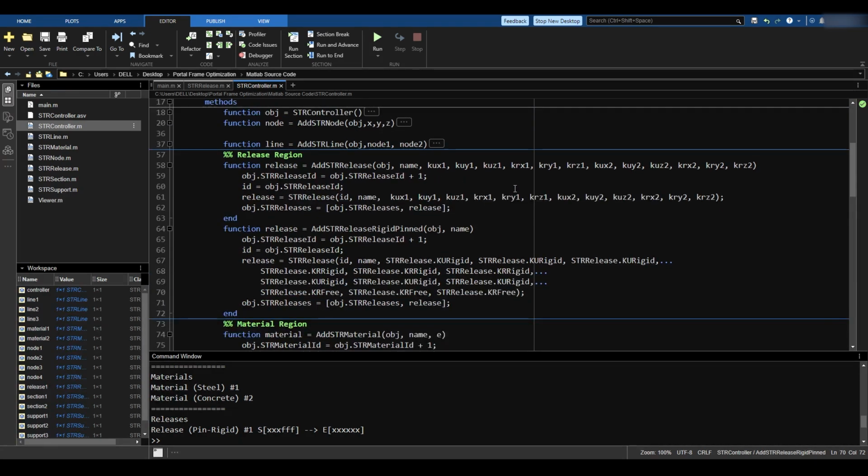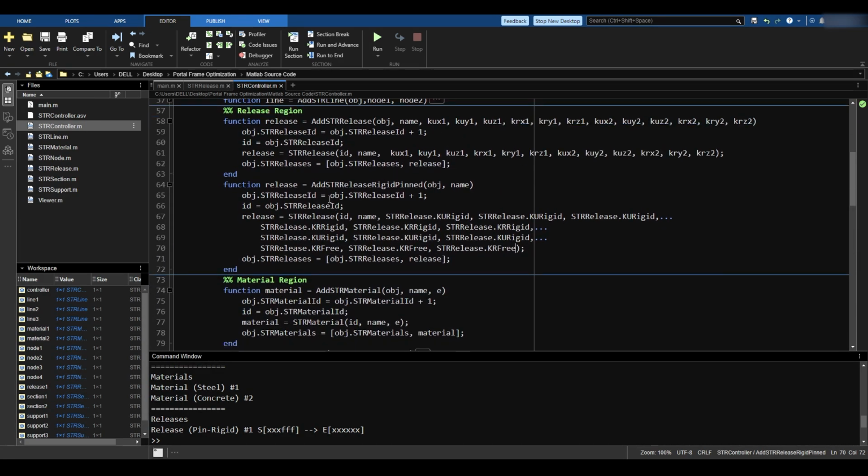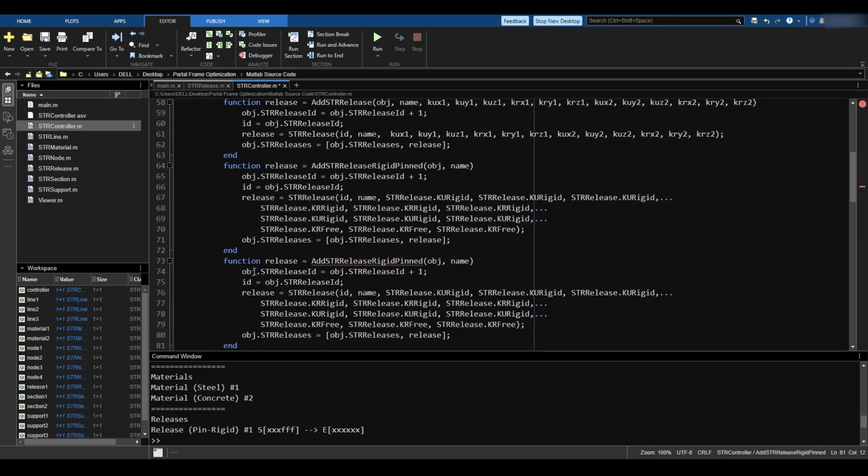Instead of the user giving all those values, he can just ask for a rigid pinned release to be applied, and it will define it for him. The only thing he has to do is to give a name. Now let's do the same thing for pinned rigid and pinned pinned, because I also want the vice versa to